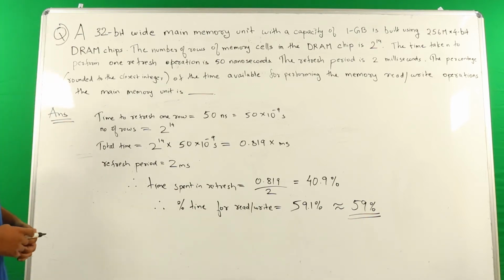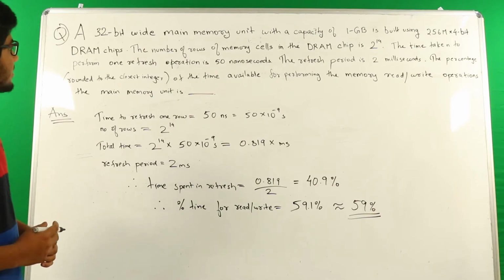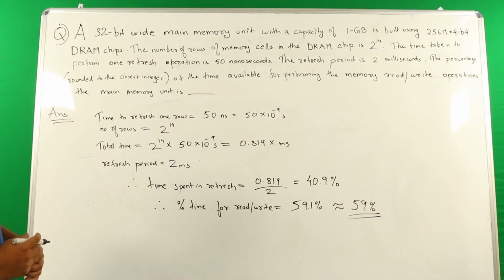A 32-bit wide main memory unit with a capacity of 1 GB is built using 256 MB by 4-bit DRAM chips. The number of rows of memory cells in the DRAM chip is 2 raised to 14. The time taken to perform one refresh operation is 50 nanoseconds. The refresh period is 2 milliseconds. The percentage of the time available for performing the memory read or write operations in the main memory unit is